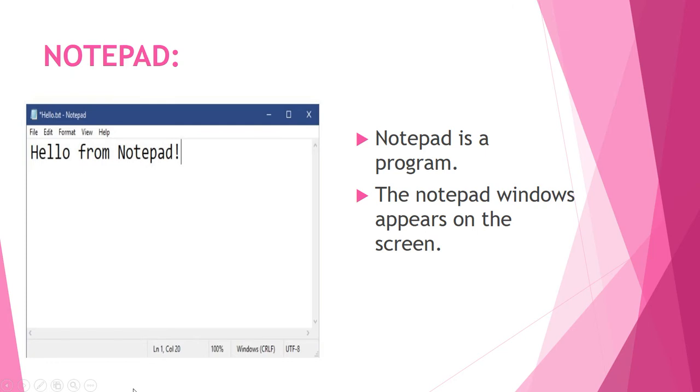Notepad is a program. It is used to create a simple document in which we can type text. If we save the text before we close the program, it goes into the memory of the computer. So, the document can be opened whenever we want. We can also make changes in the text.